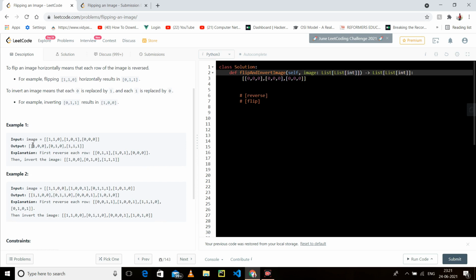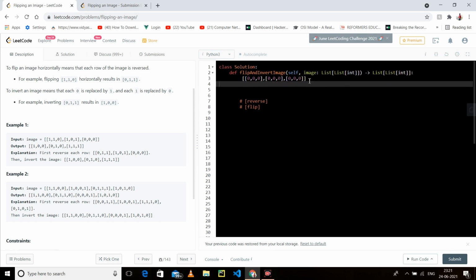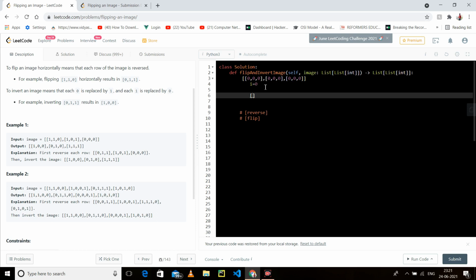So you will run a loop. Let's assume that our i is 0, and we have a length of 3. That means we have to put the value which is at index 0 at index 2. So we can apply a trick, and the trick is the length of the image.